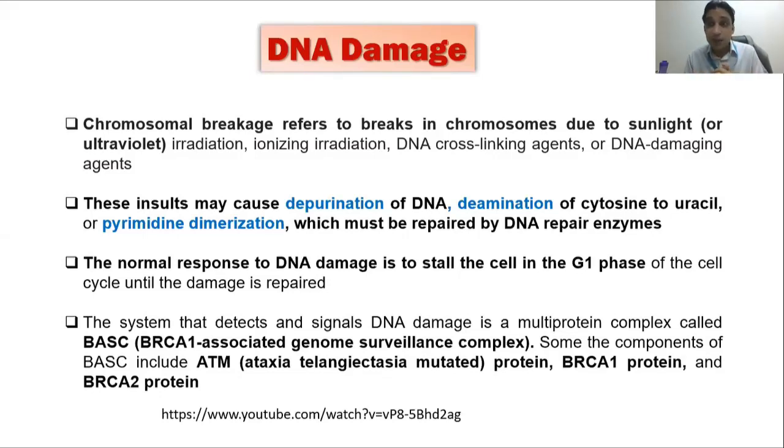Are you getting my point? If a cell receives a damage, because of things I will explain, how it receives damage, and that damage kills the cell, that mutation in the base pairs kills the cell, that is the most acceptable version of having a damage. But if a cell receives a damage and that damage does not kill the cell, instead it changes the dynamics and the functions of the cell, that is something which is threatening to the very existence of our species. In order to understand these two things together, think about if a skin cell is damaged because of